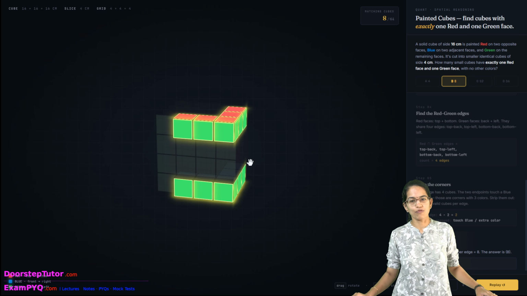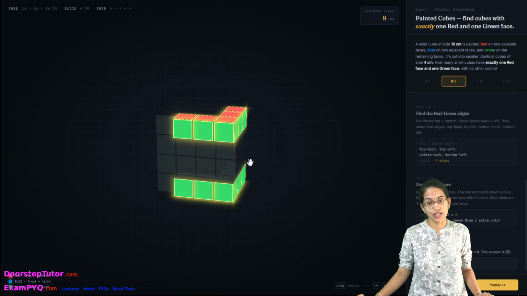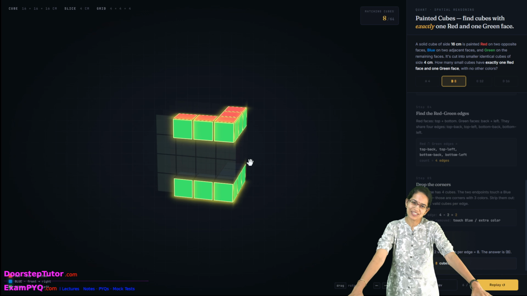So these were some of the kind of visualization questions. 3D visualizations for cube and dice is very helpful to help you remember and solve the problems. We'll be coming up with more interesting solutions for you.